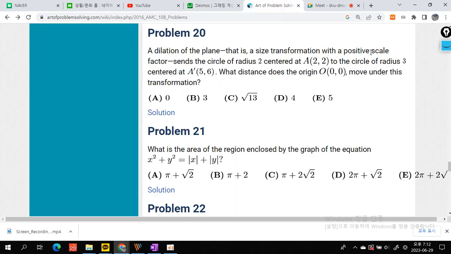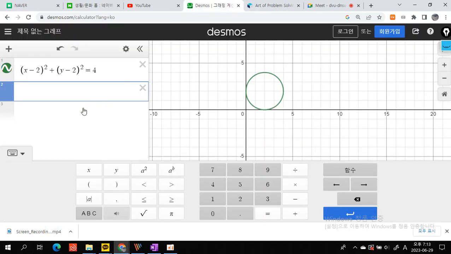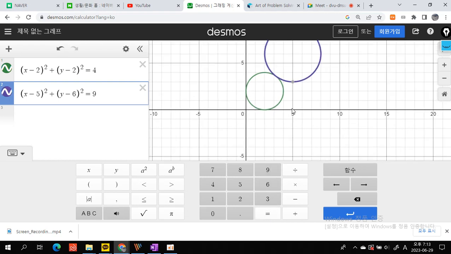And when it's dilated, the new center is 5 and 6, and the radius is 3. Yep, so when we make this dilation,